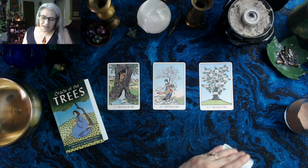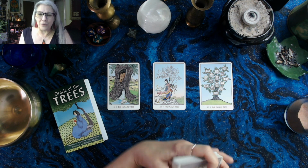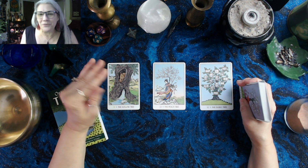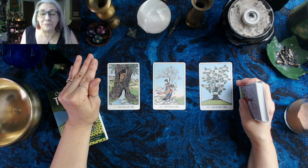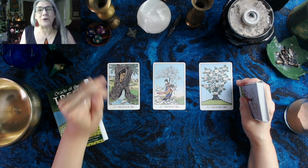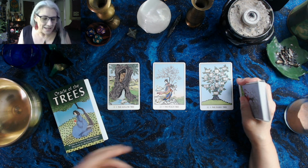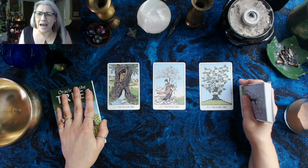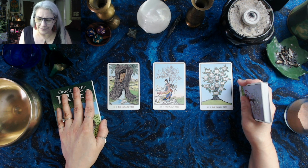It is a very interesting oracle. What do you guys think? What did you get from these cards and their meanings? If you got a whole different reading and it's absolutely screaming at you, please post below, because I would like to see what you got. It is kind of a puzzling deck, but there's a lot of information to draw on, and I really do love,